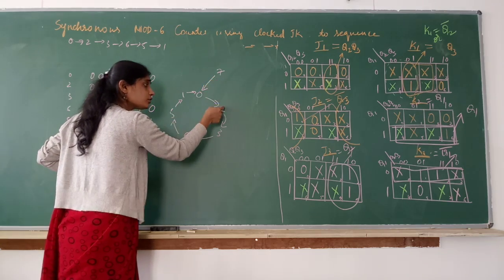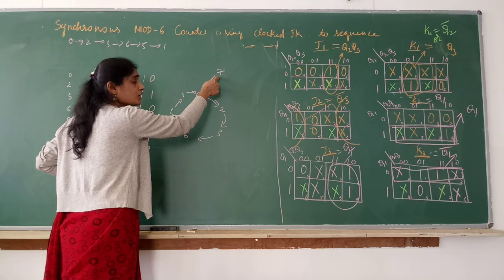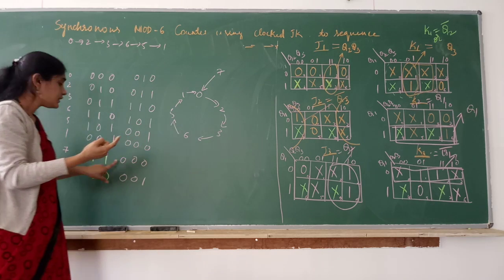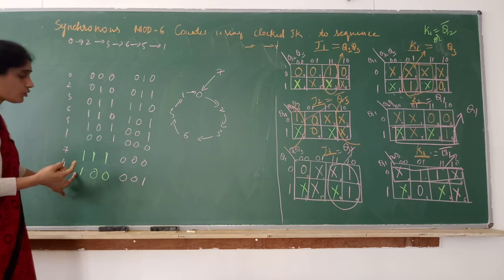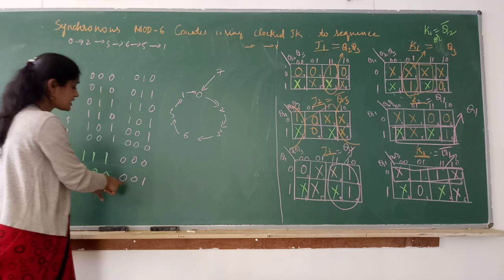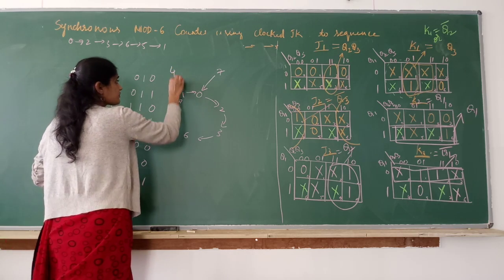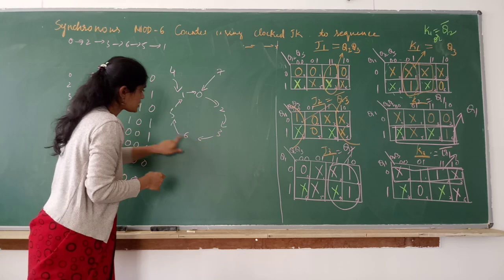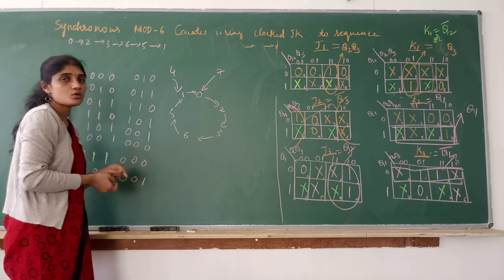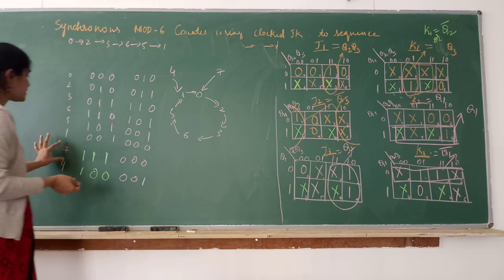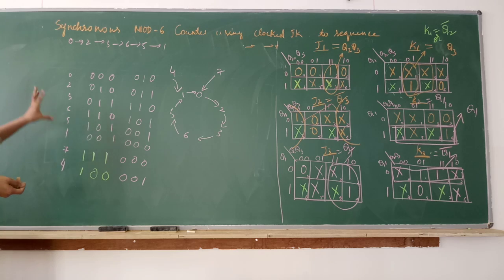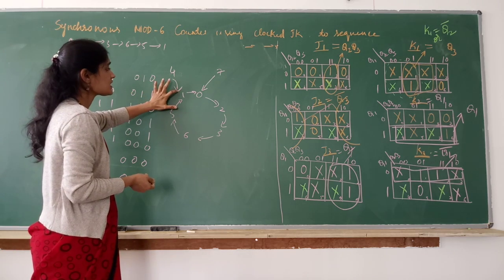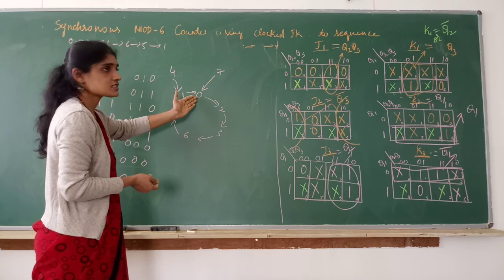You can also define, when it enters 7, the next state as 2, 3, however you want. Similarly, when it enters state 4, 1 0 0, I am making the next state 0 0 1. So if the counter is at 4, it will come back to 1. Again it repeats 0, 2, 3, 6, 5, 1, 0. By chance, if the counter enters these states which are not defined in the counting sequence, it should correct itself. You can make the next state 1 or you can make it 0.